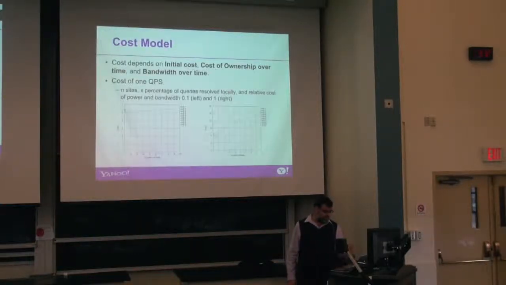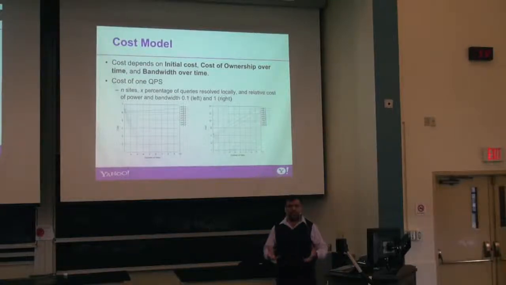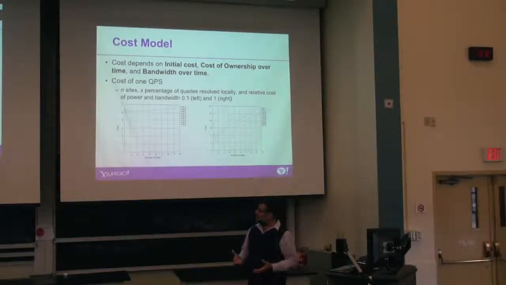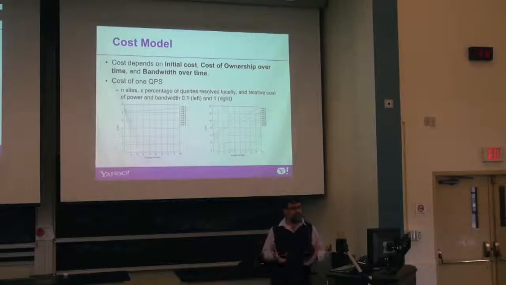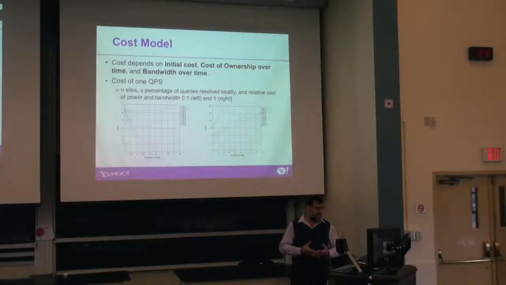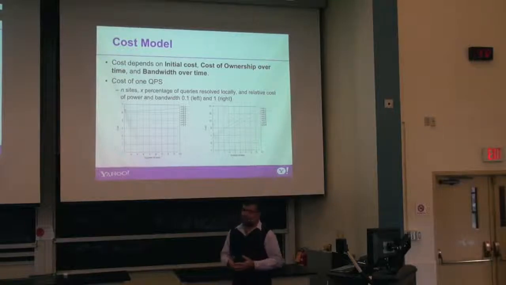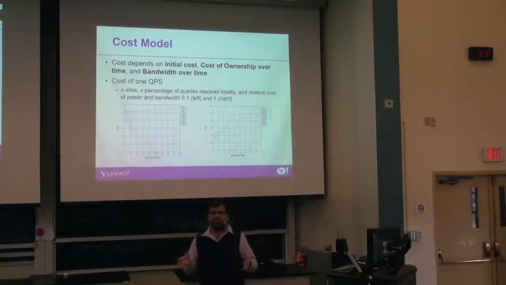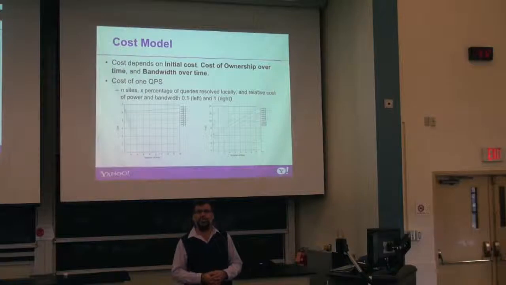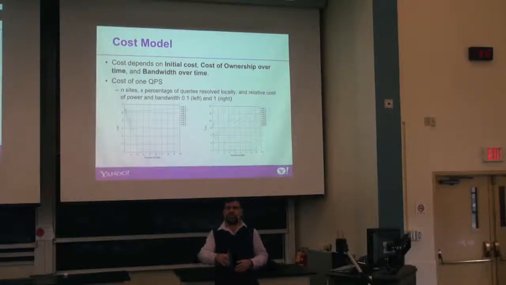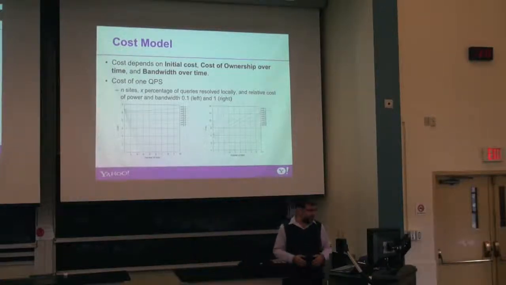So we'll skip this. To evaluate if we could do it cheaper, we need a cost model, a simple but realistic cost model. Basically we'll say, if the percentage X of queries are resolved locally, and we know the cost of power, today the main cost in a search engine is power, and it's not the computers, it's their conditioning, but that's it. And the cost of internet, what will be the optimal solution?